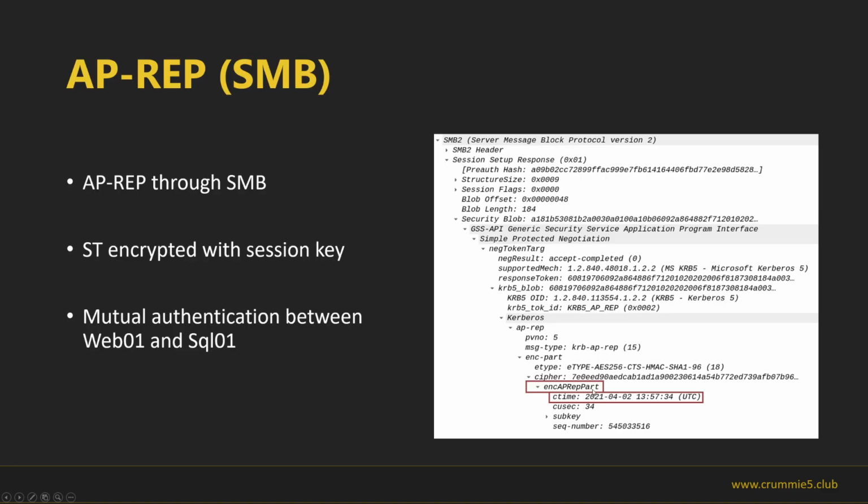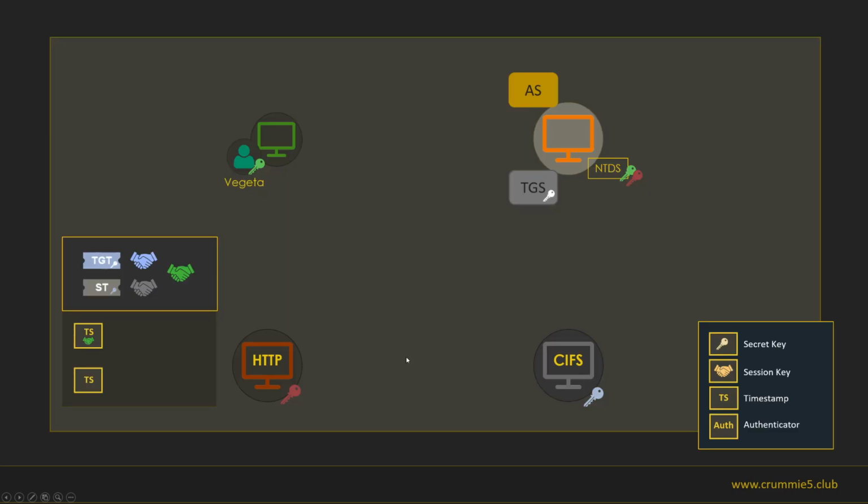We can see here this is the decrypted. We can see the date and the hour. This is the timestamp. Okay. So Web01 just decrypts this information to confirm that SQL01 is the legitimate SQL01.